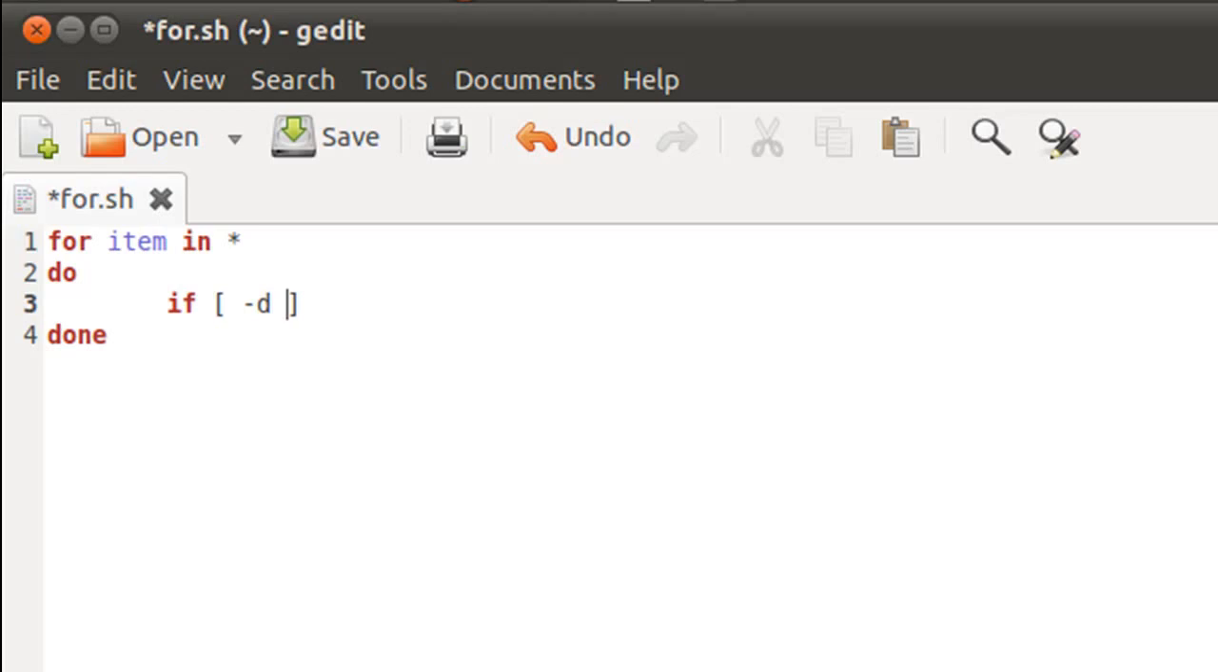-d space $item, right? Well, if the item is a directory, then we will have to echo its name out. So between then and fi I'll type in echo $item